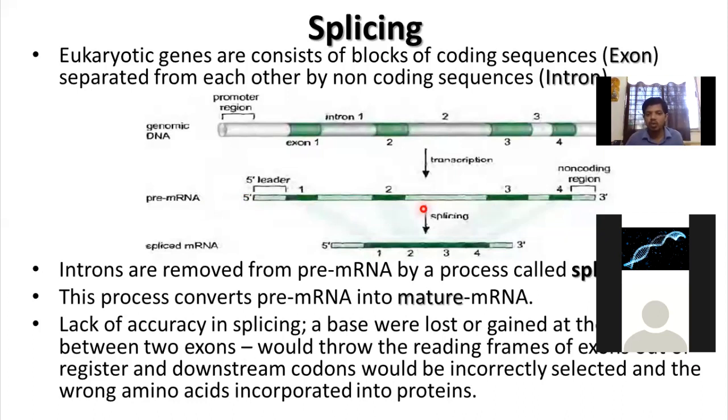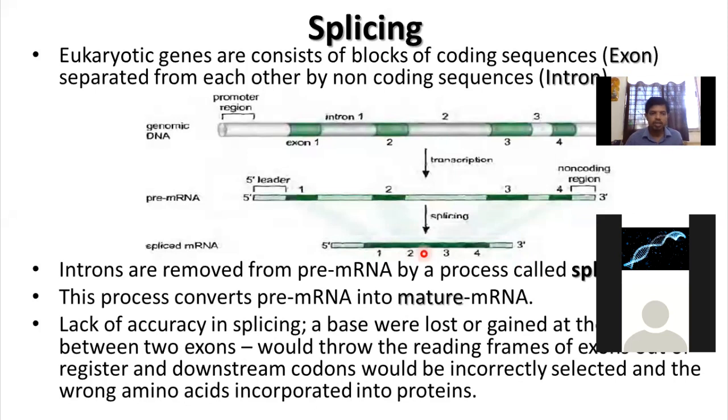Now during the splicing, what happens is that the unwanted, non-coding region, that is the intron, will be removed, and only the coding part, the exon, will be joined, or ligated. It is then called the spliced mRNA, or the mature mRNA. This mRNA is now ready for translation. This process occurs inside the nucleus. After the total splicing mechanism, the mRNA will be transported outside of the nucleus. It will reach the cytoplasm, where the ribosome will read these codons and form the chain